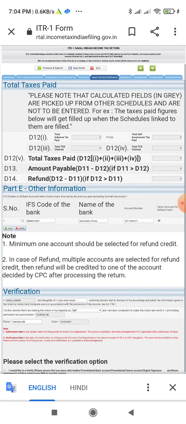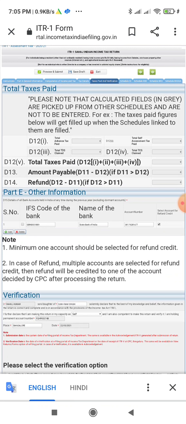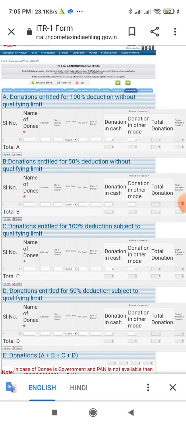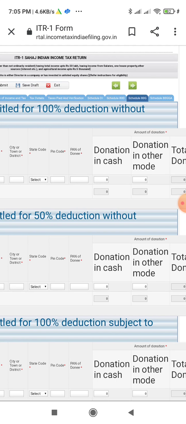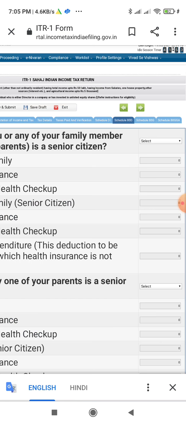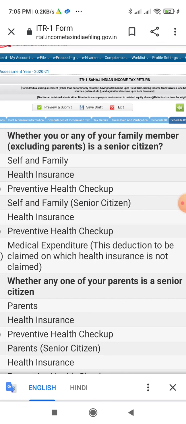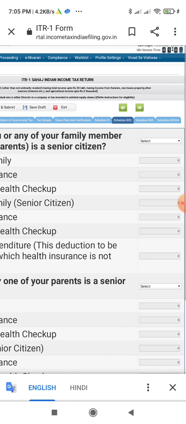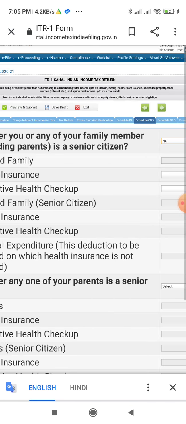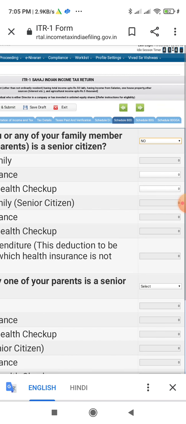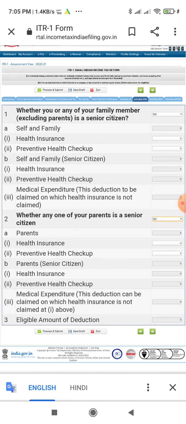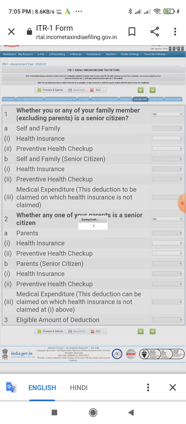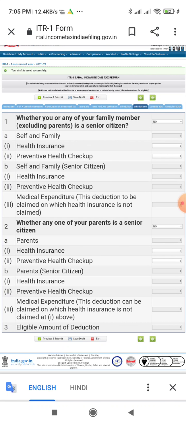After that we will go to schedule 80G. This is the second last page. Not 80G, sorry. We'll go to the 80D. At 80D, whether you or any of your family member is a senior citizen, just check here no. And another one, whether any one of your parents is a senior citizen, again select no. After that, in between you can do save draft, so it will save all the information.